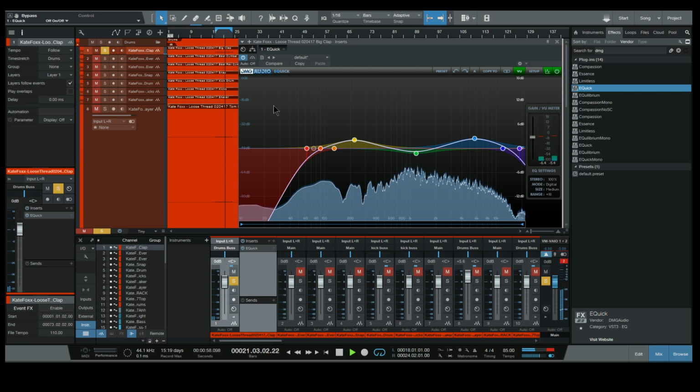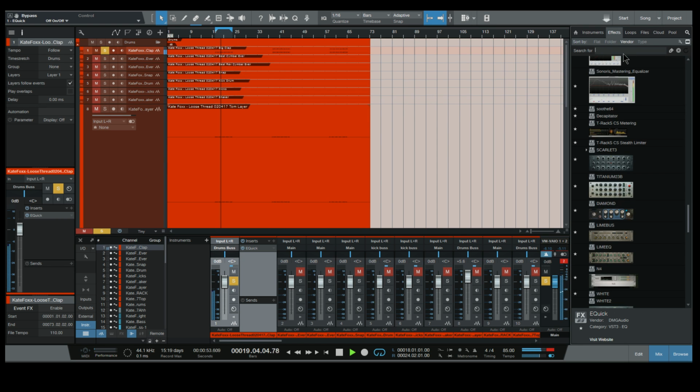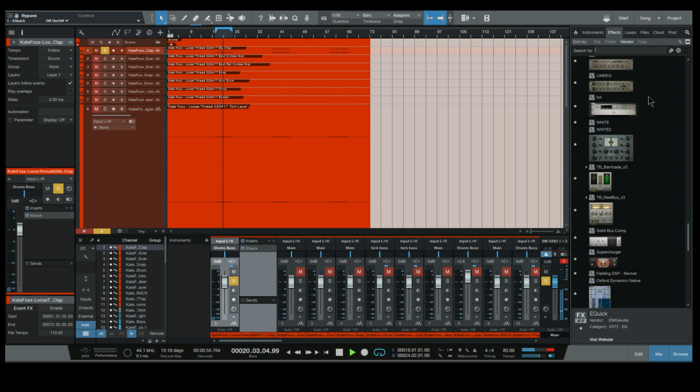So I'm a big fan of trying to add a bit of weight on these claps and snares as well. I think a lot of people make their claps and snares too hollow, so I love giving a little bit of weight at like 200 hertz down there. Another good little trick, I don't know if this will work in here, but if you want to add some weight to the track, you can always try using